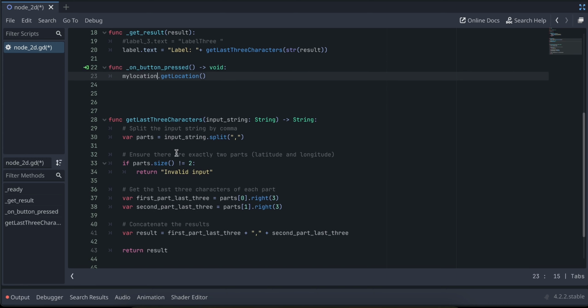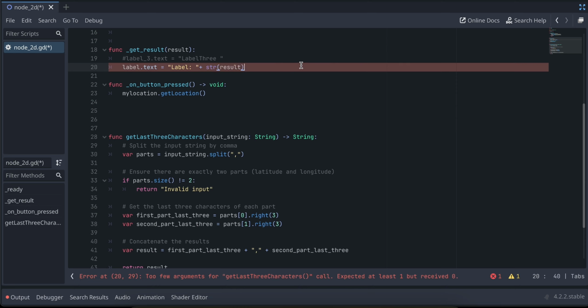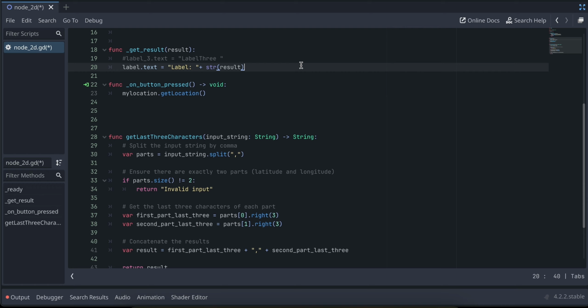Now here I have created one method called get last 3 characters. The reason I am doing this is that I don't want to show you my real location, but you should not use this get last 3 characters. You can just directly write something like this, str result. So you use it directly like this. Don't do get last 3 characters, just because I don't want to show you guys my location, that's why I'm doing this. All right,